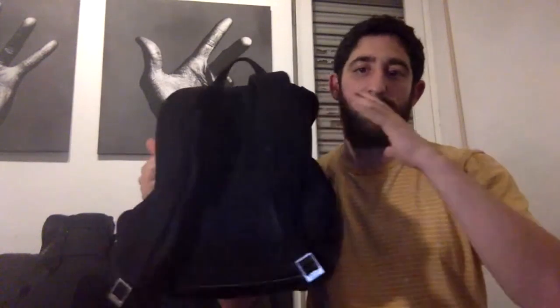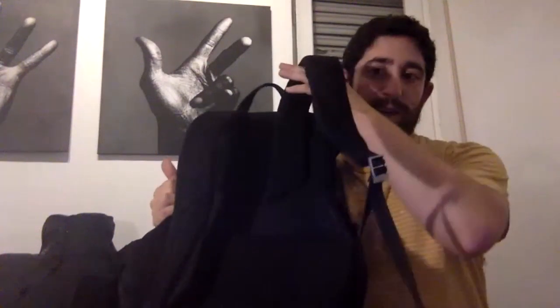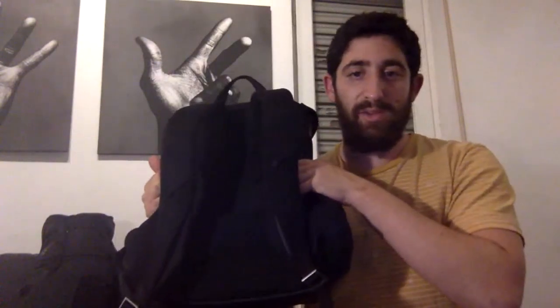And we only improved it for this design, and basically this is the part that takes the most weight. Because we don't have any seams between the shoulder straps and the back, and because we have continuous straps and a big lumbar support here, it can take a lot of weight. Now, if you're worried about seams, zippers, and all that kind of stuff, there's a reason that we work only